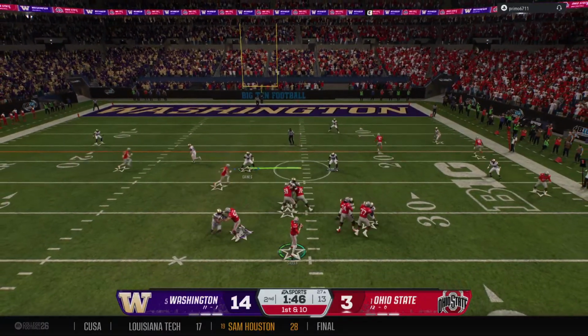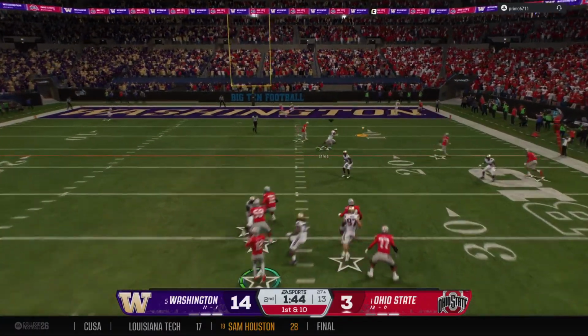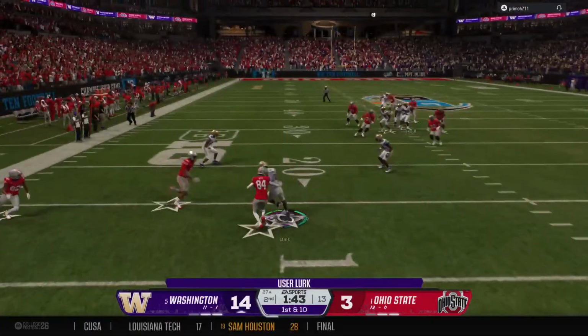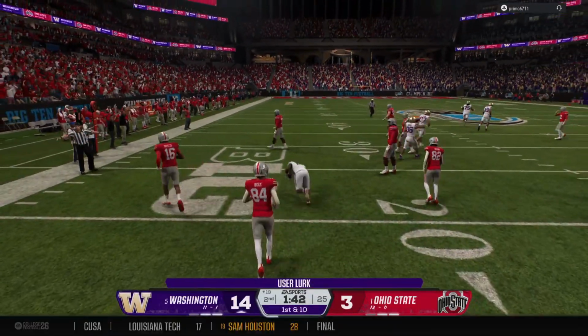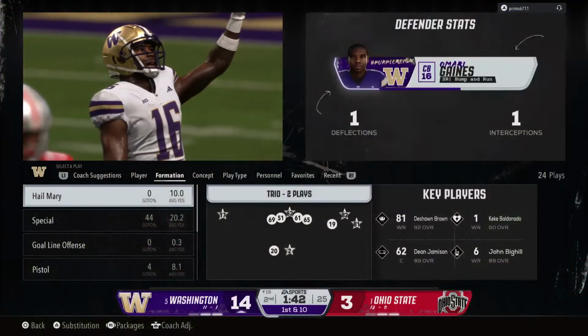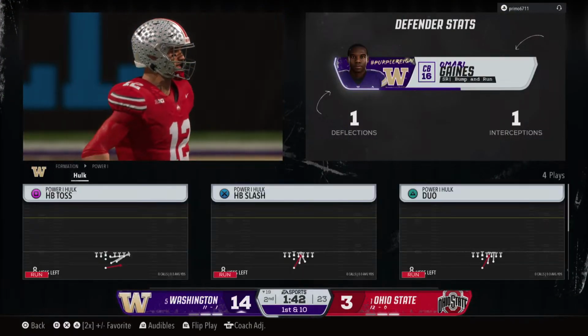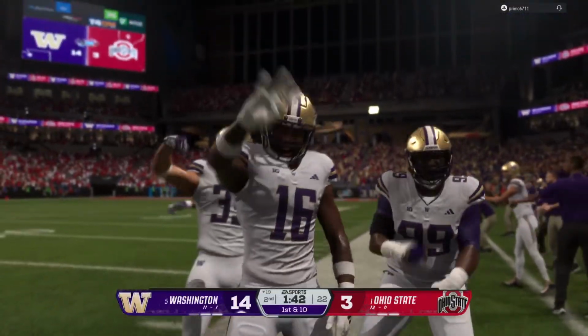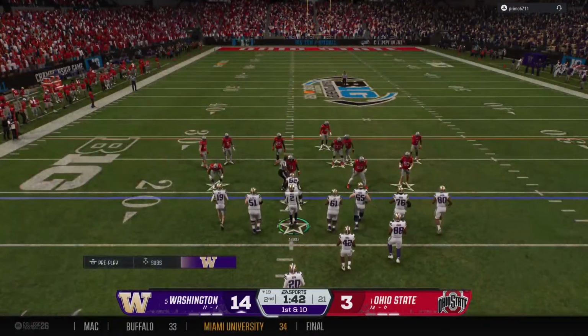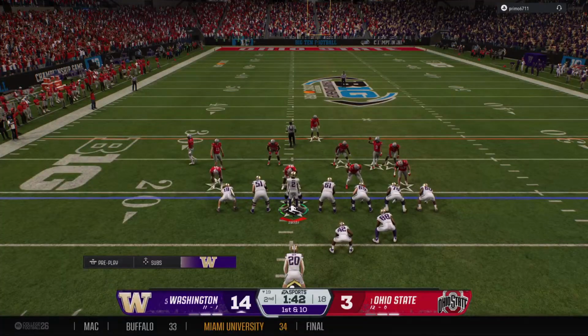On 1st and 10, they'll look to throw it. Looking for the wideout. He fires this throw and is intercepted. Tackled after a short return at the 19, but a huge takeaway in the red zone. Cold weather always seems to make life more difficult in the passing game. You can see this quarterback really wants that one back. That's a tough break on this interception.